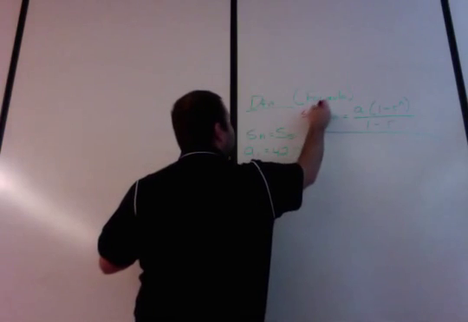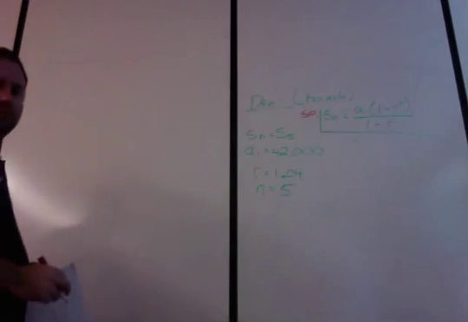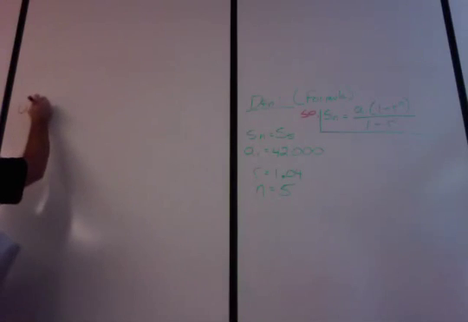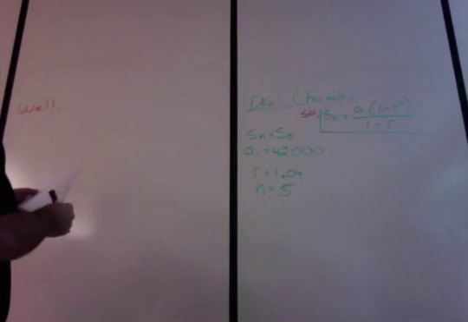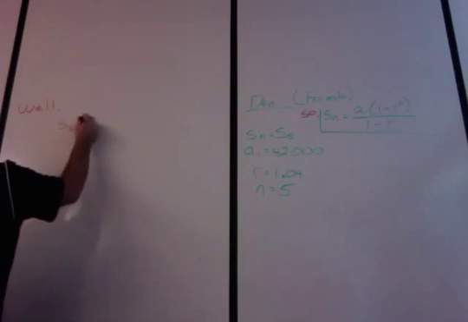So that's our formula. Now, if I follow that formula, I'll have this: S sub 5 equals